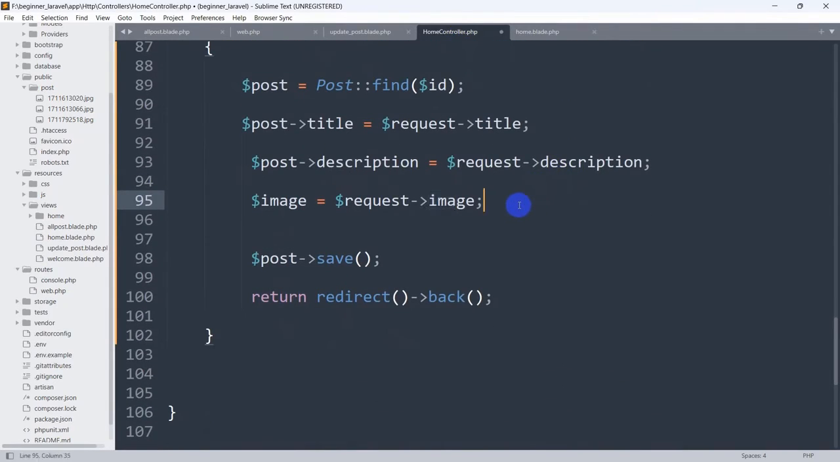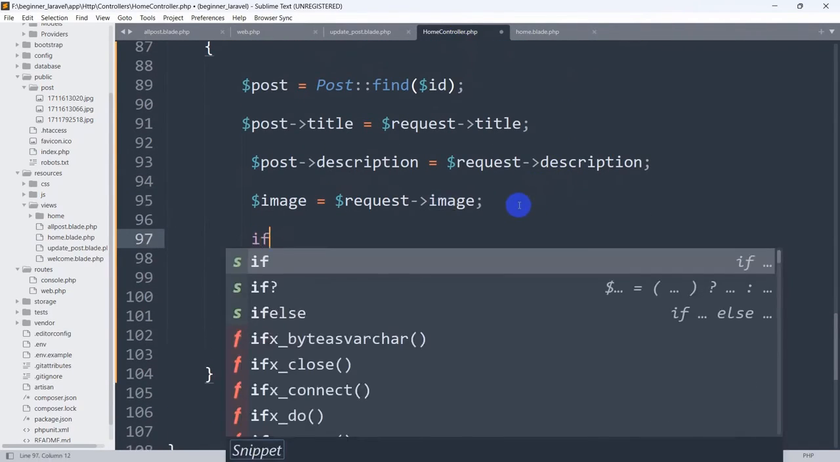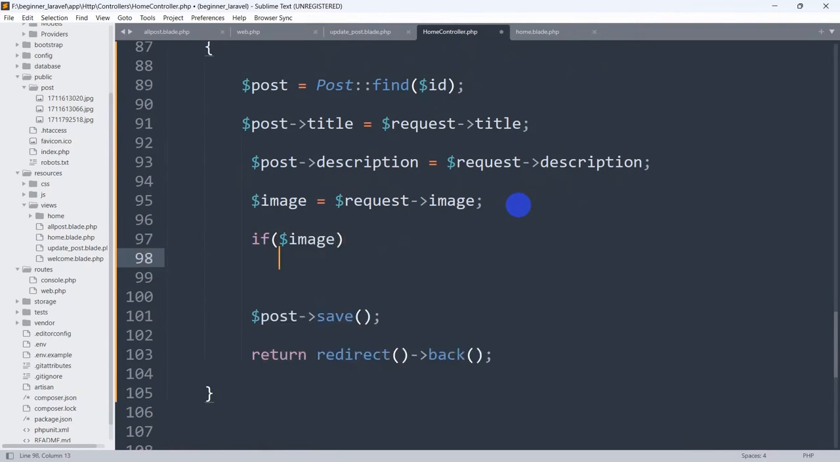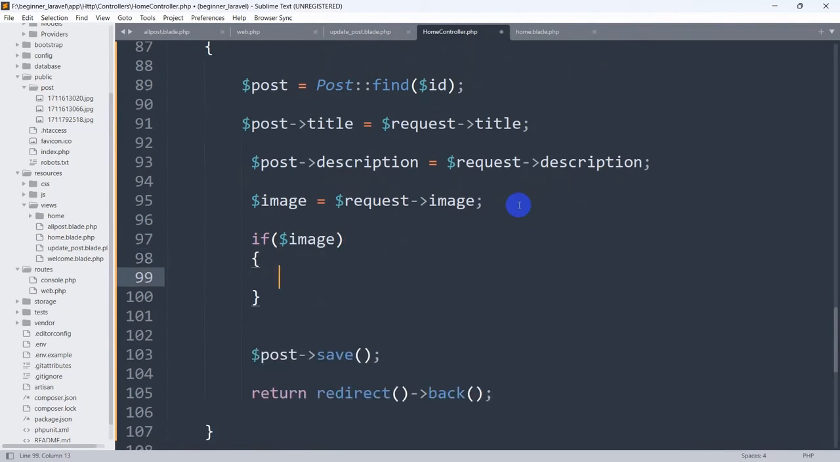So here what we are going to do is that we are going to give an if condition. If there is an image, it means if someone gives an image, only then we'll update the image, otherwise we'll keep the old image. Okay, so that's why we are giving an if condition. If there is an image, and then we are going to show on here